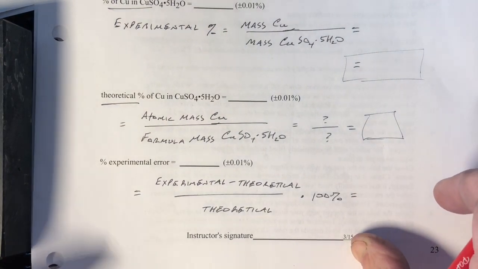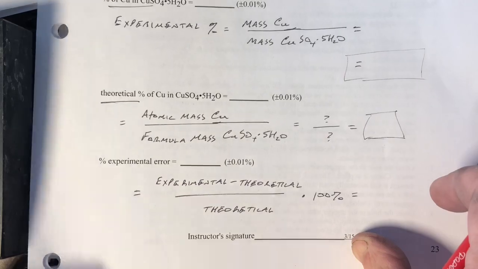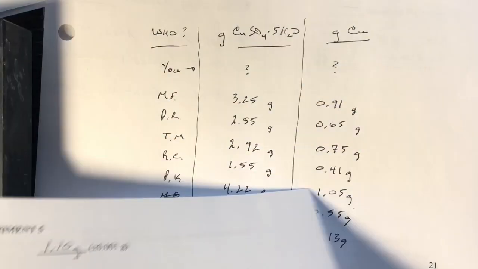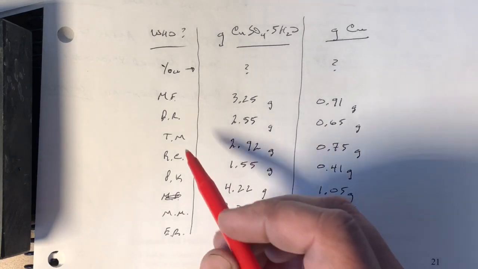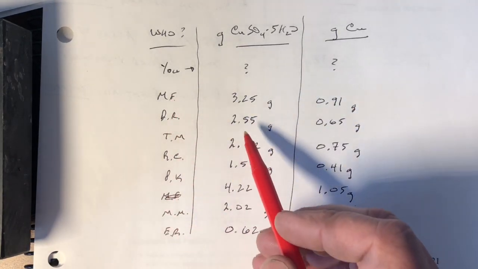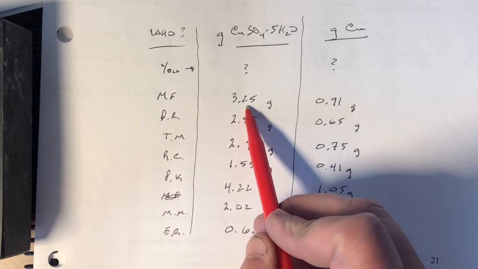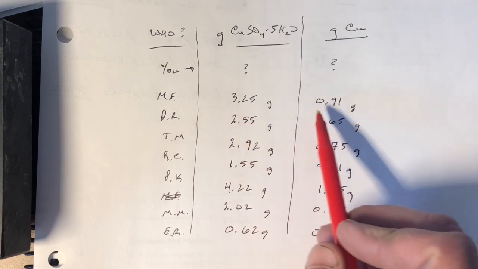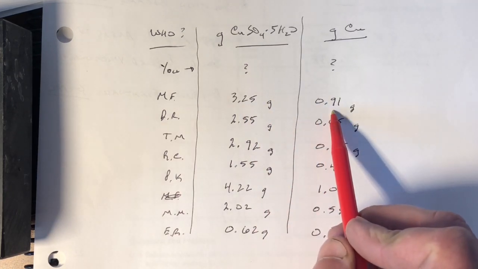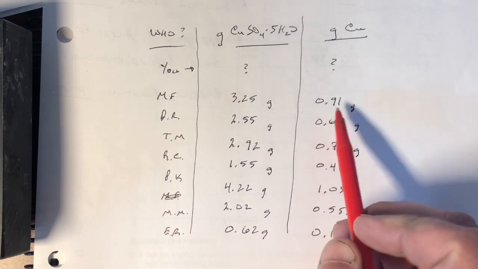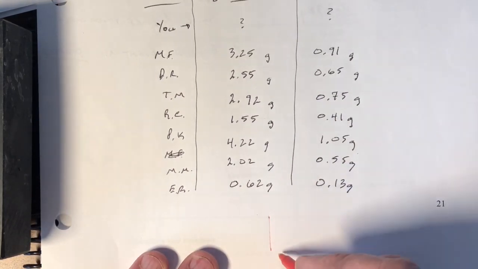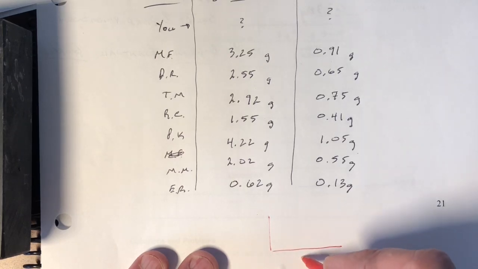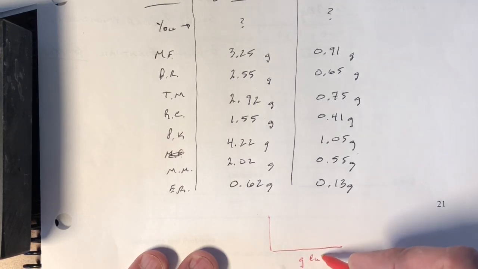With this lab, we're also supposed to draw a graph and hopefully talk about that graph. And here's some of your classmates' data. So just initials of everybody. There's Marty. He had 3¼ grams of copper sulfate and produced 0.91 grams of copper. So what we want to do with all this is build a graph that's going to be grams or mass of the copper sulfate pentahydrate